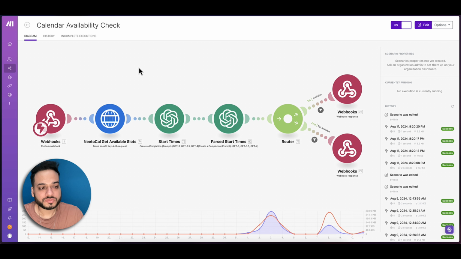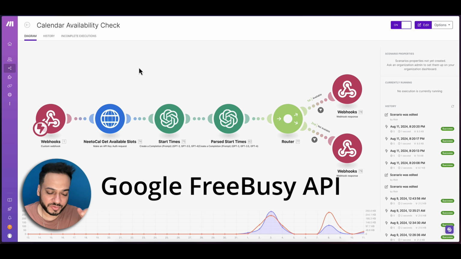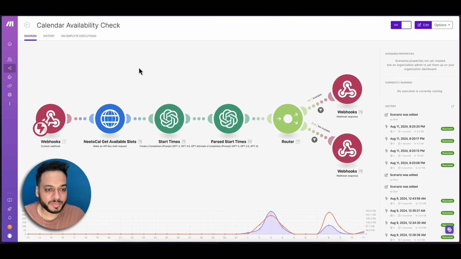Now before starting, one thing I really want to tell you is I did not choose Google Calendar as my API to book slots or look for empty slots, because I have seen almost all of the videos that have been made on this particular topic using a very simple Google FreeBusy API for figuring out what the slots are, what are the availabilities, and then booking them. Nobody has tried to create this automation with some other advanced tools like Calendly or cal.com, or in my case, NeetoCal, which is an extremely easy to use and free calendar booking software that I have come across.